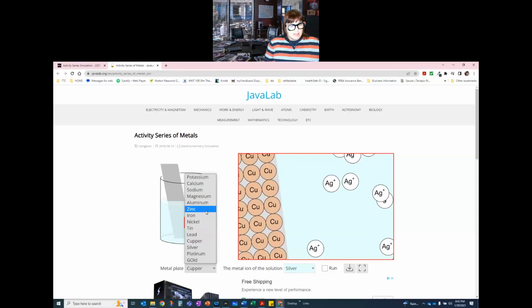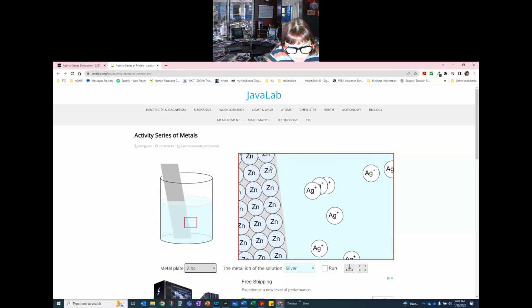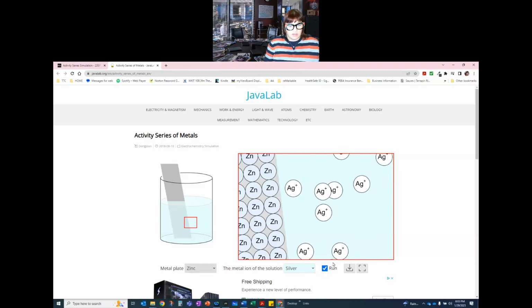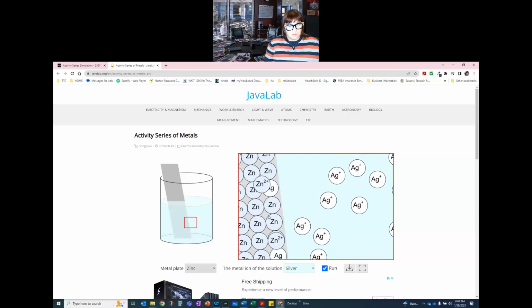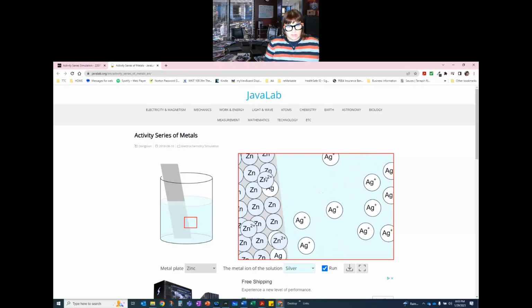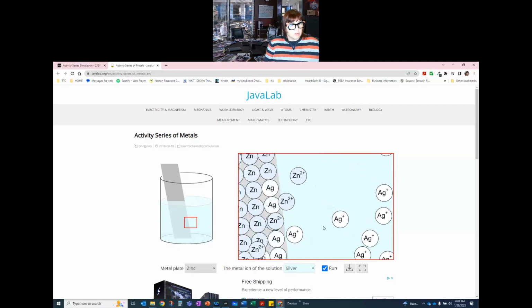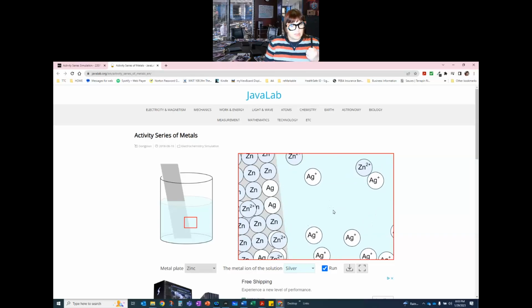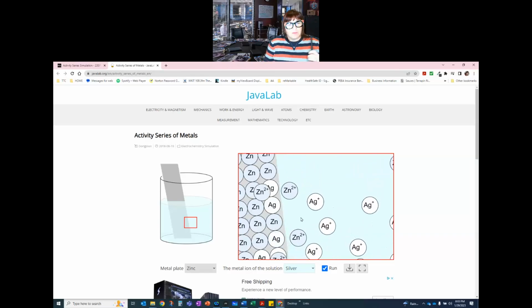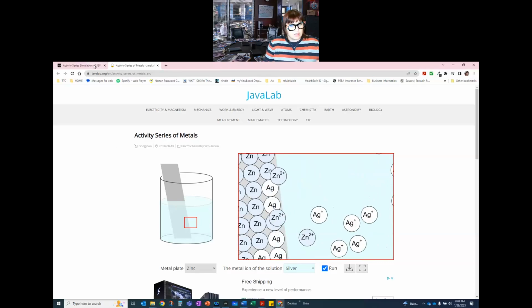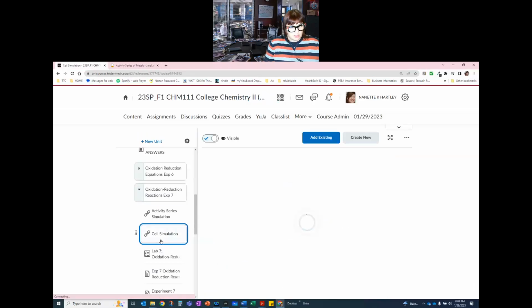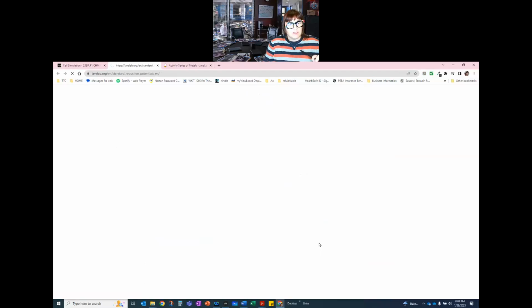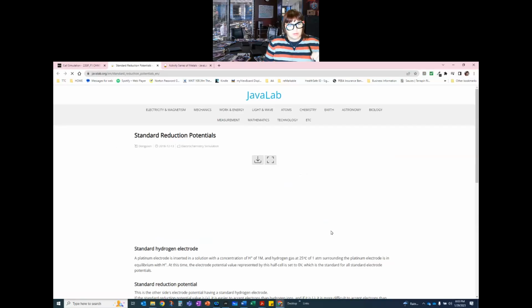You can set this. We're looking at zinc as your metal, and then you can set this for whatever, silver, and you can watch that this reaction actually happens. The silver comes in, the zinc goes out. So that's what we're looking at. We expect that to react. You can make your own observations based on these. Between this activity series and the cell simulations, you will have enough information to be able to